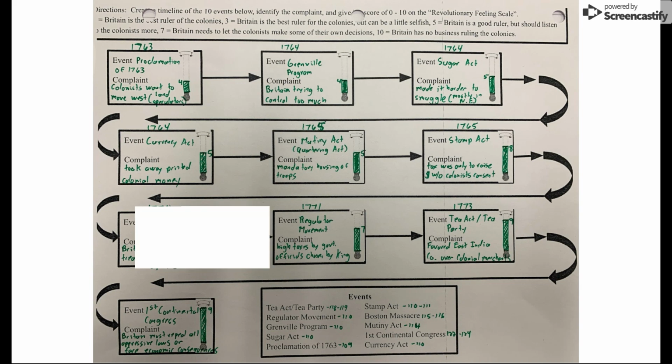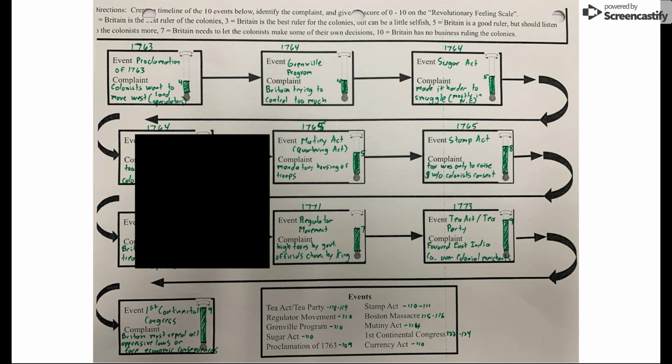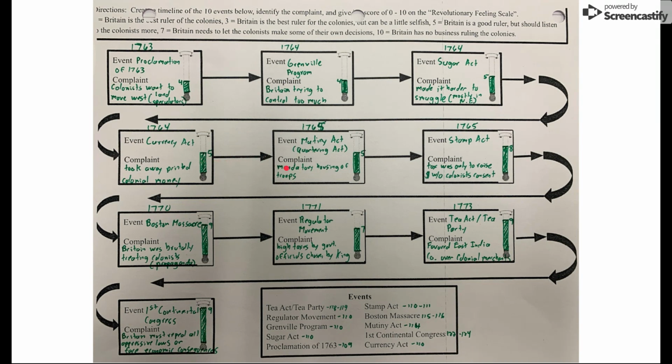The feeling of revolution is actually fairly low for all these because none of these are really brand new. Smuggling was going on already. The colonies were already restricted in their trade. Plus, this only affects a small part of the country. The Currency Act: printed money was hard to come by in the colonies anyway. That's why they traded with tobacco and other things earlier on. So this doesn't represent a huge change.